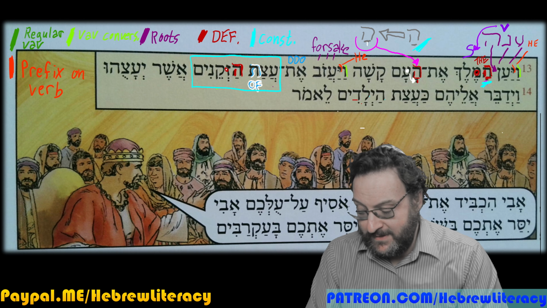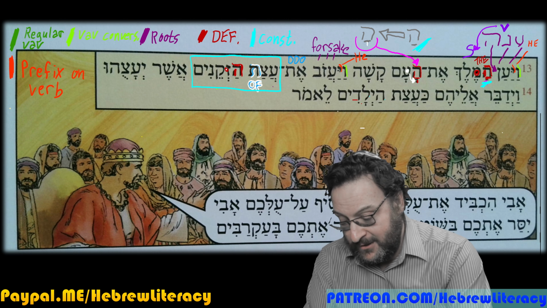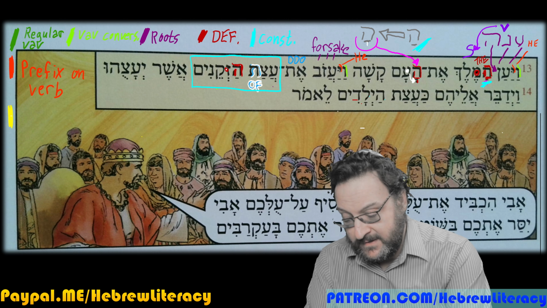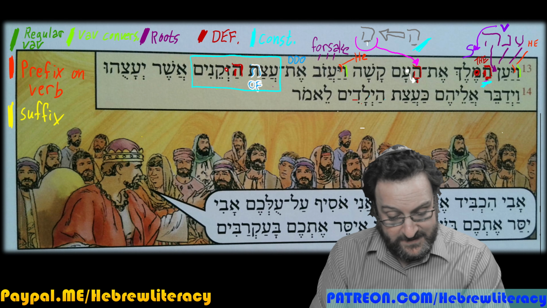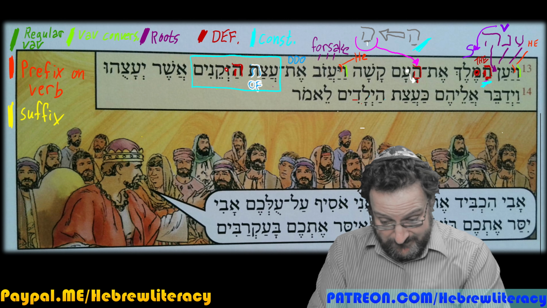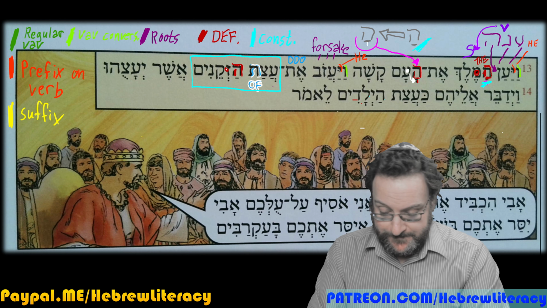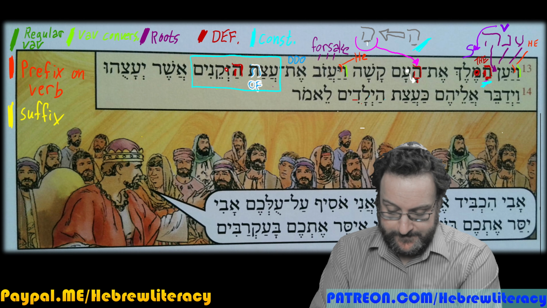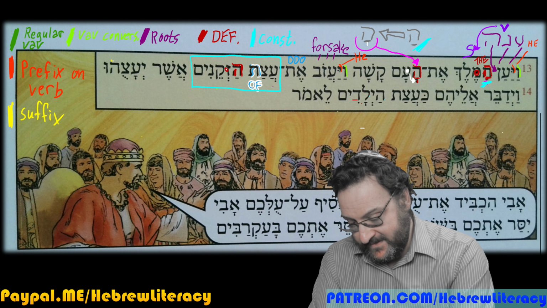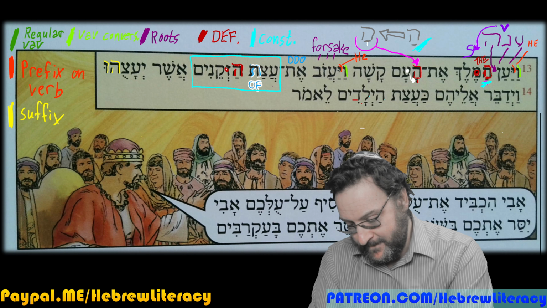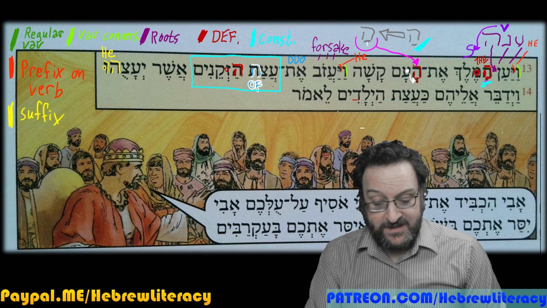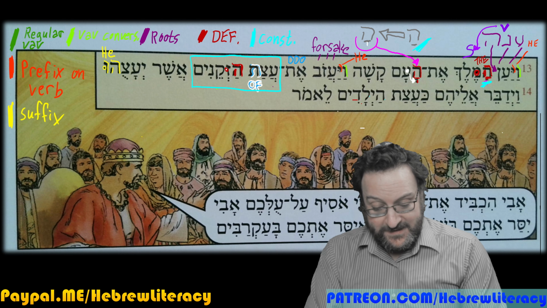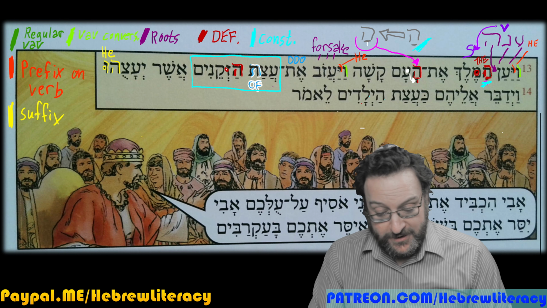And then you probably have recognized this by now. I've been using yellows, well, this kind of golden yellow, for suffixes. Suffix. Okay. Interestingly enough, looking at this, we do have one. Here we have a suffix. Here we have a suffix. So I'll go ahead and color that now just so you can see it. That's he or him or his, etc. And as I develop more color schemes along the way, I'll let you know.